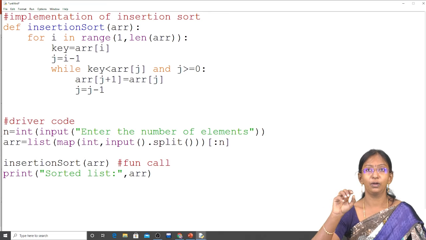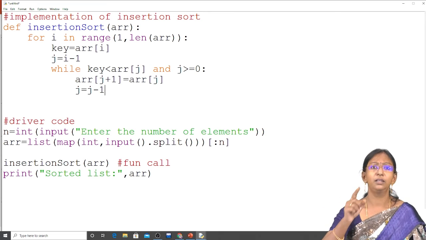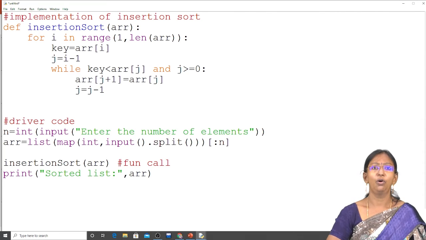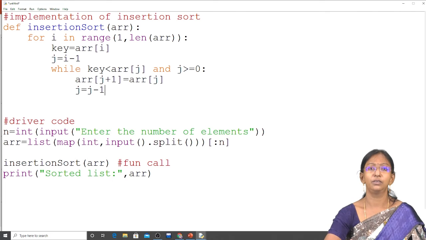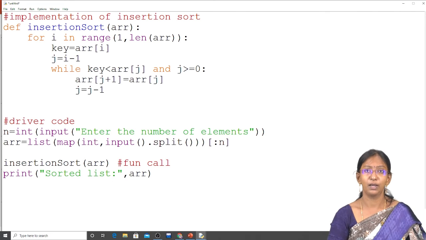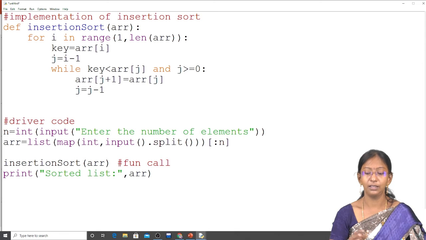This loop is going to run until one of these conditions fails. Either the key value must be greater than the element pointed by j, or if j crosses its left boundary and goes to a negative index value, then it is going to break. Once this happens, it tells you that it is the end of the iteration. So once this iteration ends,